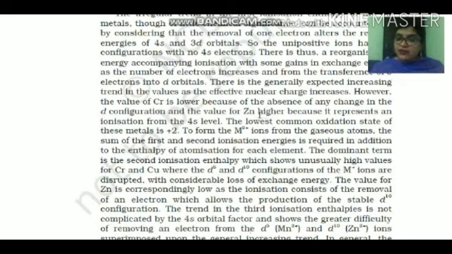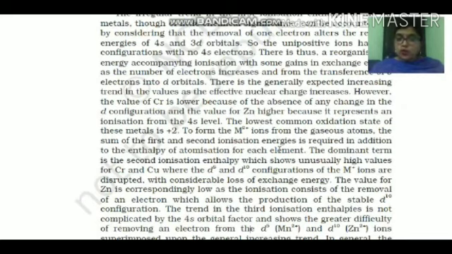So the first ionization enthalpy of zinc will be high because the electron is getting removed from the filled 4s2 orbital, while the second ionization enthalpy of zinc will be low. Okay, because after losing one electron it will be 4s1. Second ionization enthalpy means it will be 3d10 and 4s1. The second ionization enthalpy will be low because after losing the electron from the 4s orbital it will get a stable 3d configuration. So the first ionization enthalpy of zinc will be high and the second will be low.